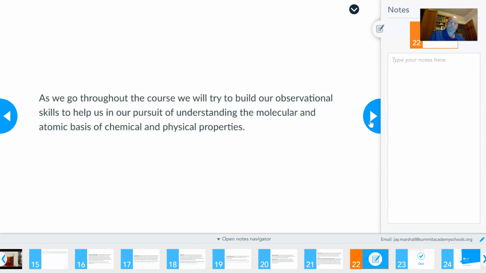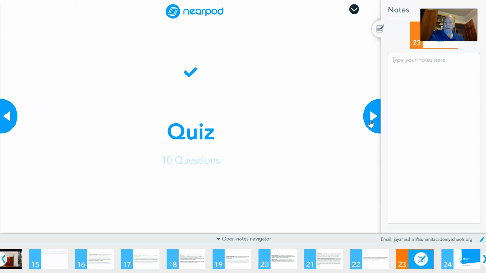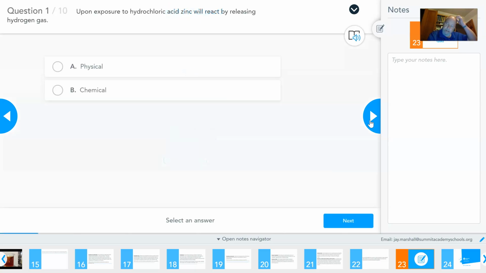Okay, so one last thing, take a little quiz for me. We've got 10 statements of processes or properties or changes here, and I need you to tell me whether they're physical or chemical. I'm not grading this other than to say that you did it. So don't worry about getting answers correct or incorrect. Just try your best. And that's the end of this. Okay? So stop.